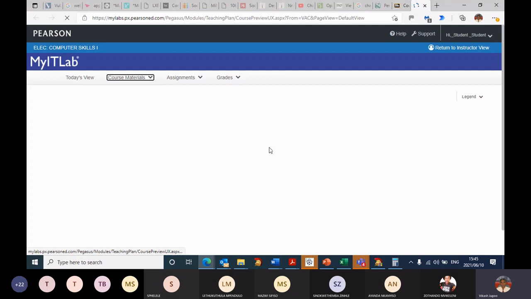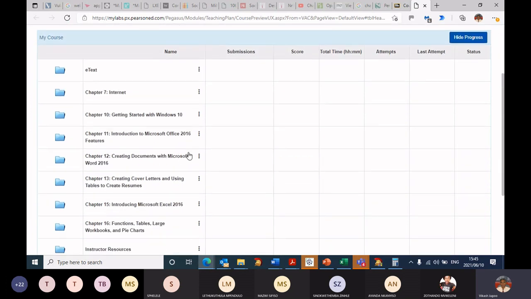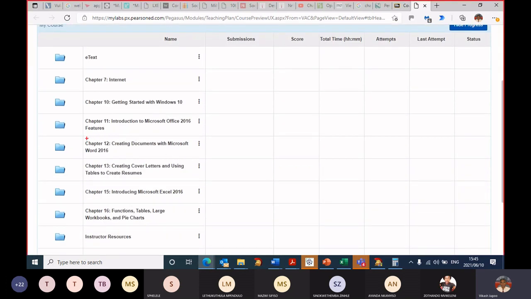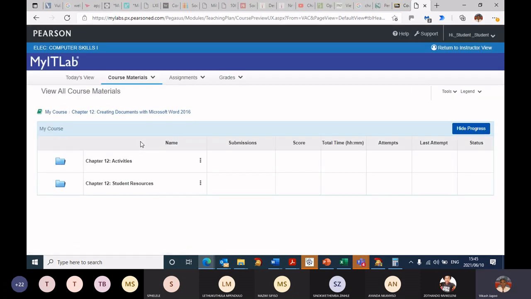Okay, so it takes me now to the Pearson platform, and we are still working with chapter 12. So I'm still going to chapter 12, creating documents with Microsoft Word 2016. I click on that and that starts up. Now I'm going to click on chapter 12 activities,